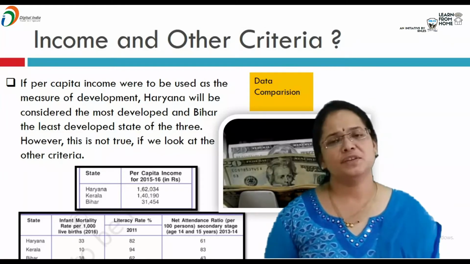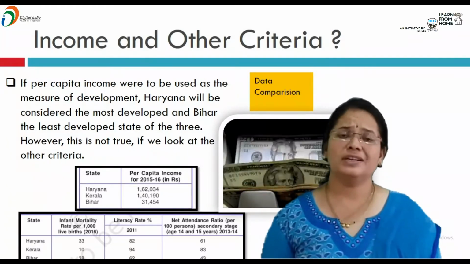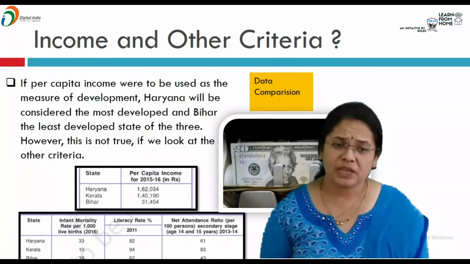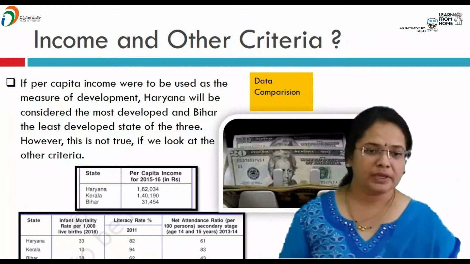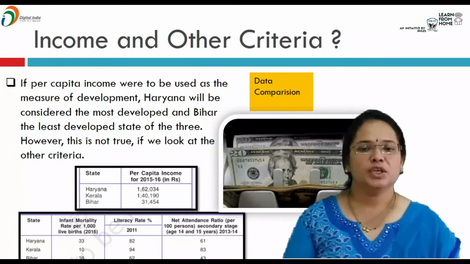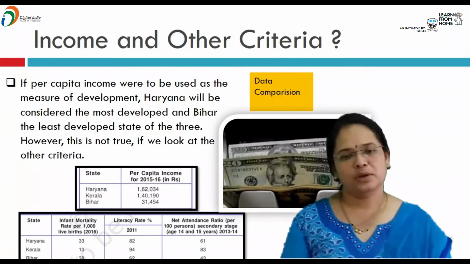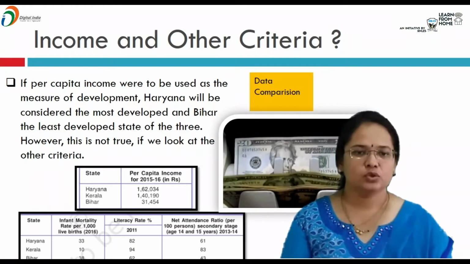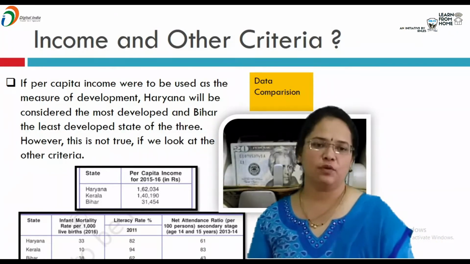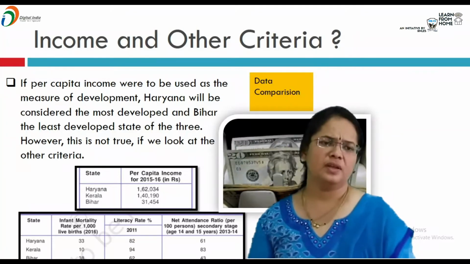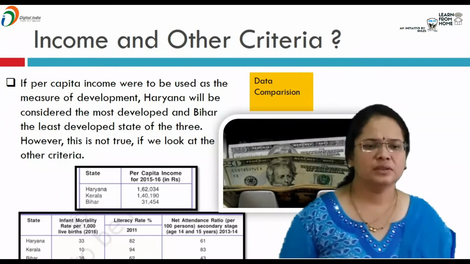Okay, so for achieving different goals, people not only want better income but they also want non-material things, that is freedom, security and respect for others. Here you can see that per capita income is calculated in money, right? So if per capita income were to be used as a measurement of development, then Haryana will be the state which has the least